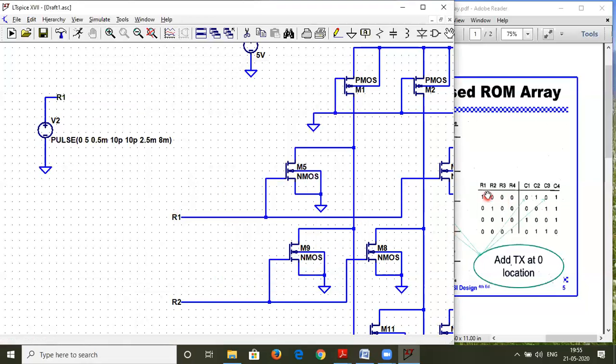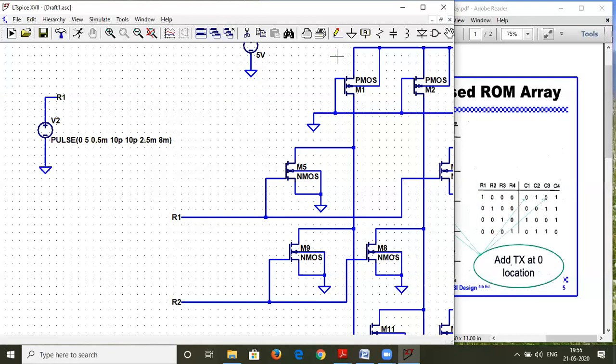Now this R1 has to be 1 for the first duration, and the rest of the time R1 has to be 0. So that's what I have to give over here. For all the other rows it has to be 0. And when R2 is on, only R2 should be on, while R1, R3 and R4 should be off. So we have to design this in such a way.